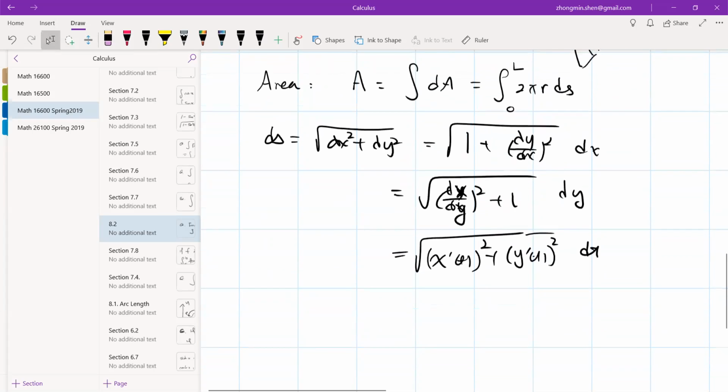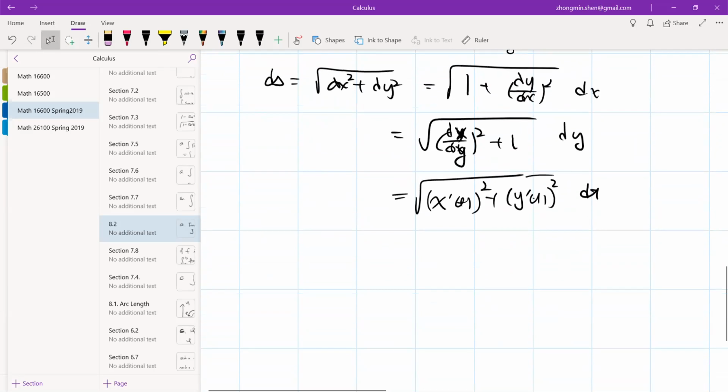All right, so that's it about this whole idea. Now, next, we're going to discuss some examples. Okay, most cases are just setting up an integral for the surface area. Right. So the first example I want to discuss is,